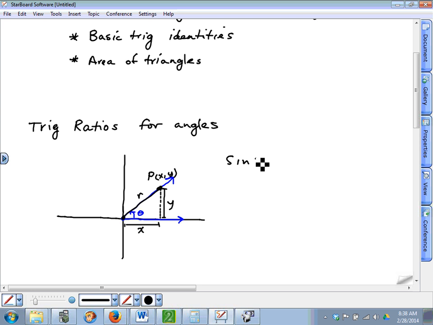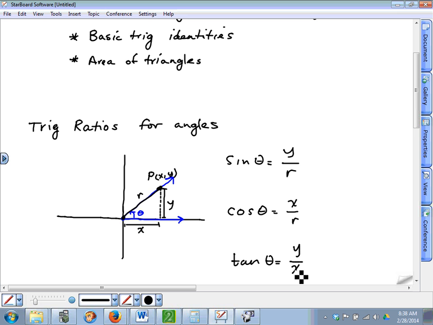So we need to redefine now the sine of theta. Instead of using the terminology opposite over hypotenuse, let's use the terminology that we have on the triangle now. What's the sine of theta? Y over r. The sine of theta is y over r. The cosine of theta is x over r. And the tangent of theta